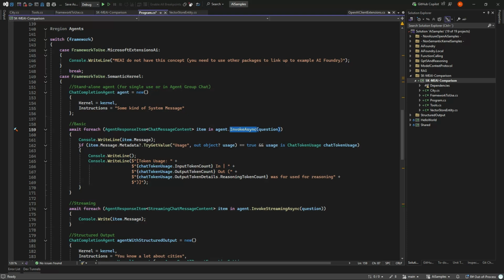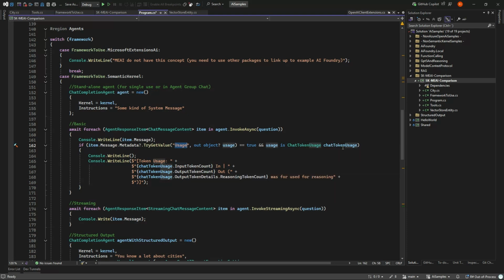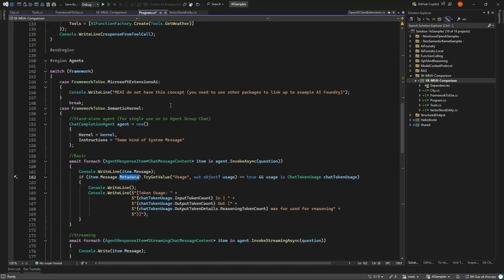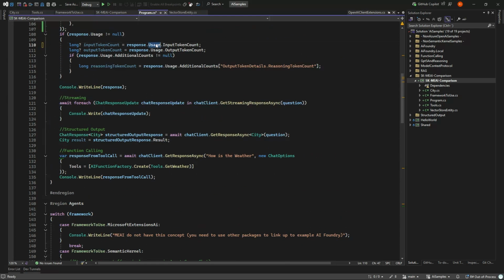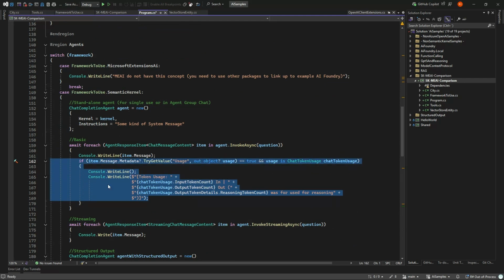Getting the usage out is a bit more tricky in that it just is inside the metadata and usage. But you can get it out, and this is because the agents can work with multiple systems, some of them which don't have usage, or back in the day, usage was not a thing you could get out, so it was packed into some metadata, while now all of them can give usage back, and for that reason, there's a dedicated usage part of the response. But you can get all the same data in here.